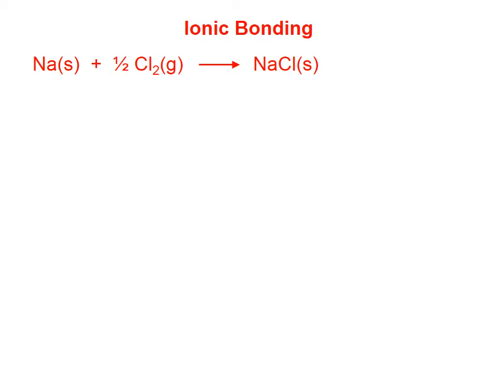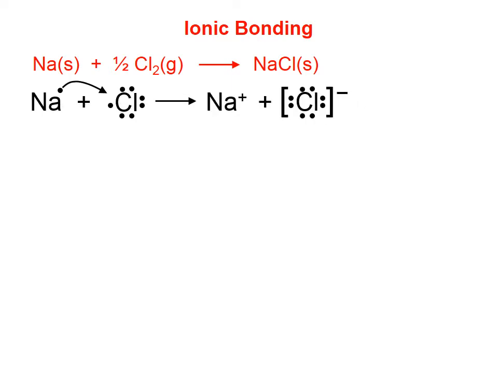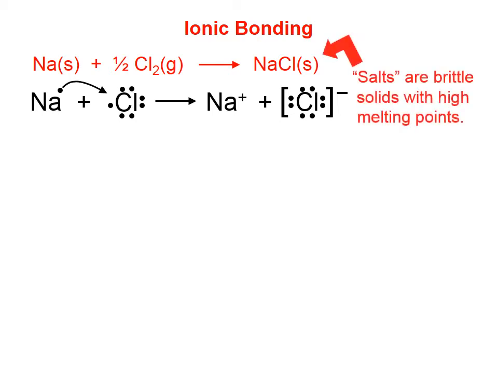This equation shows an ionic bond being formed. On the reactant side we have the elemental form of both of these elements, and what happens is sodium prefers to lose one electron and chlorine prefers to gain one electron. In that case, both will have a full outer valence shell, and what we get is sodium having a +1 charge and the chloride ion now having a negative charge, and those two charges are going to attract each other